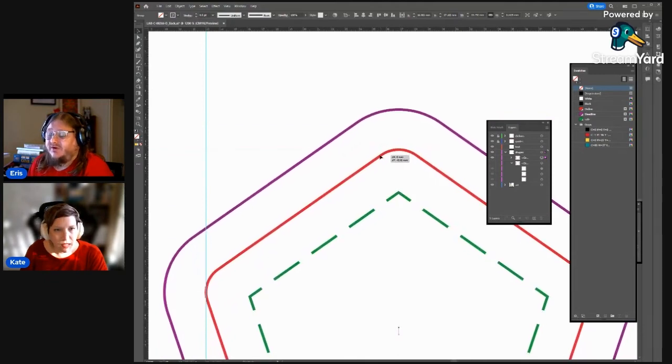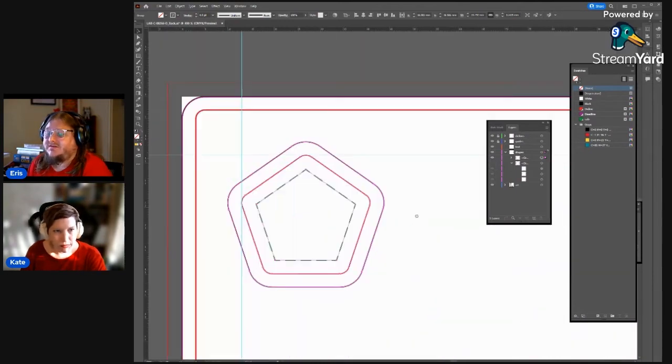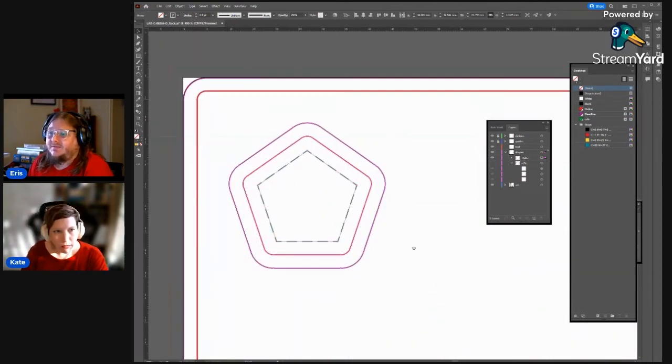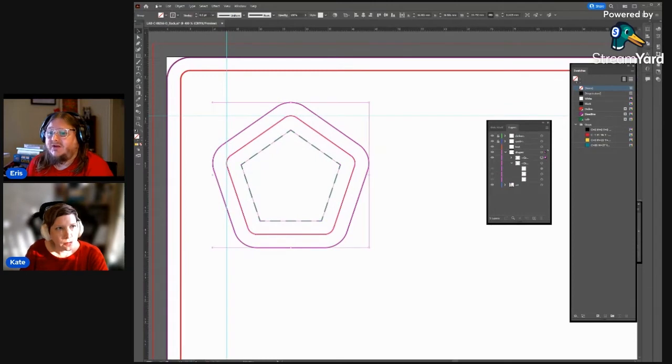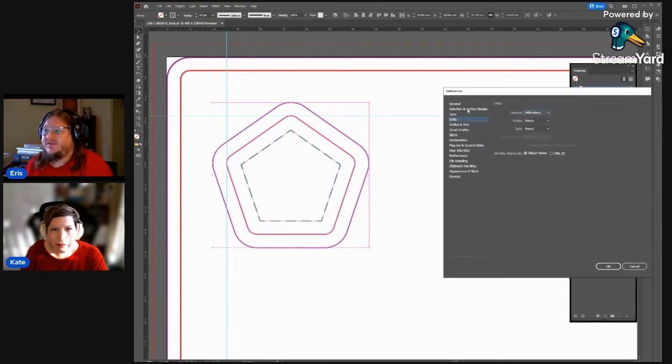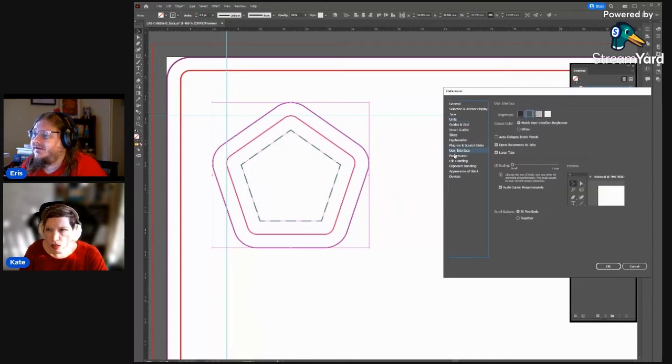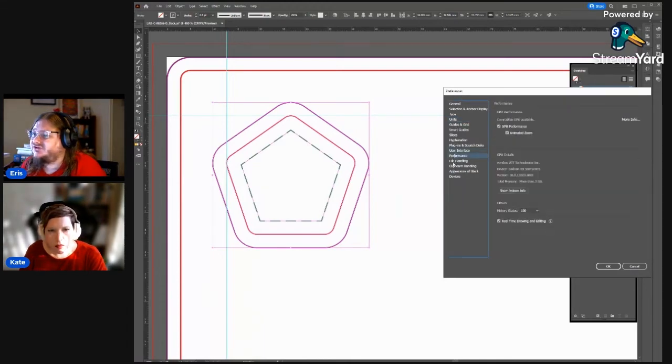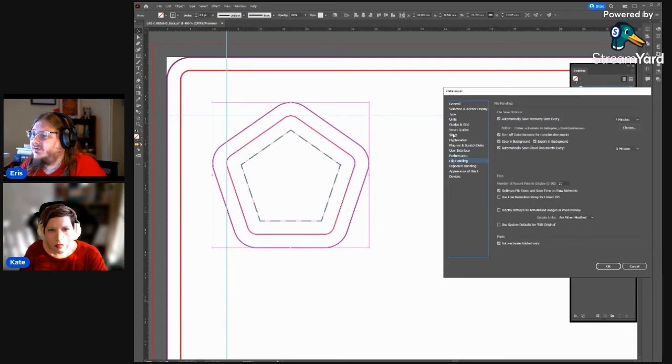You may already know this, but if people don't, you can change your keyboard increment amount in your settings. Sometimes if I'm doing really fine work, I make it a really tiny value, like 0.001 millimeter or something like that. It might be in selection, or in general.